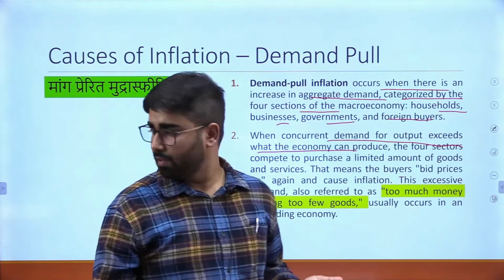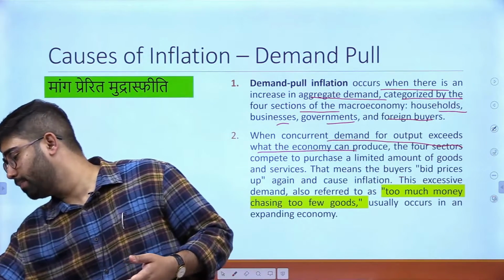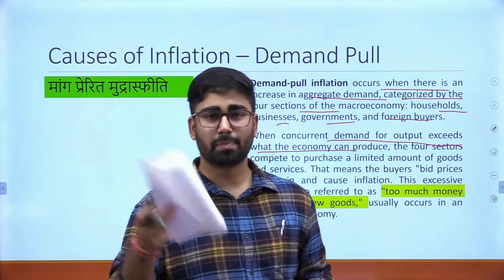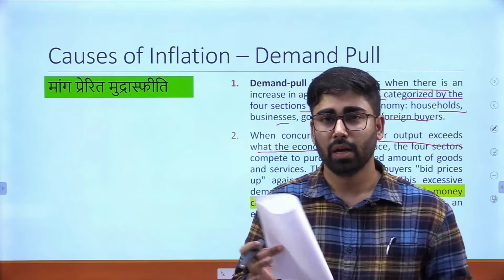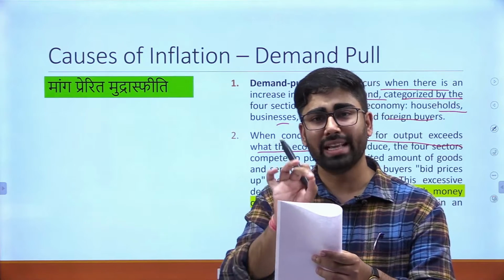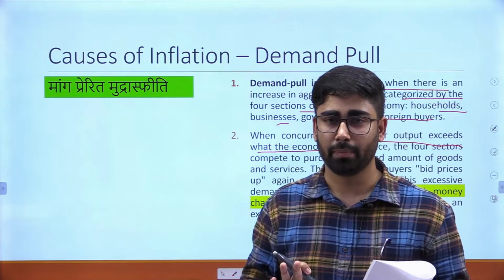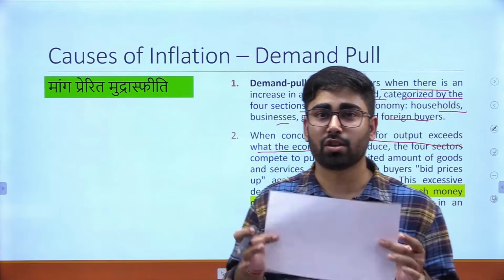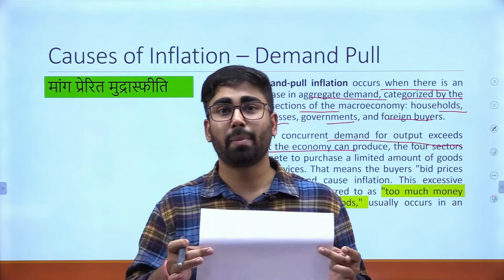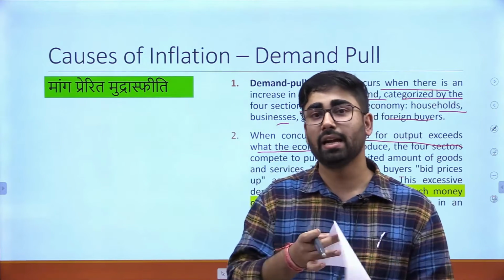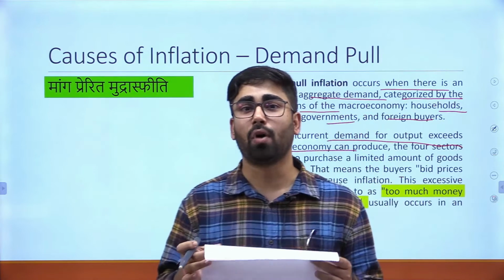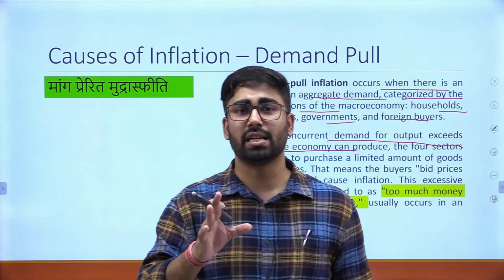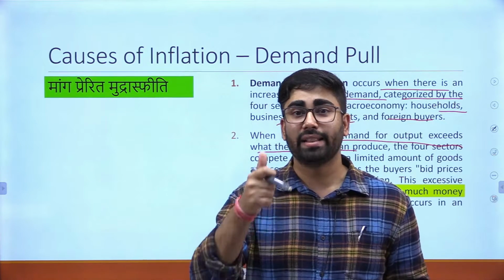Okay, now see, for example, there is a piece of paper here. Now this piece of paper has been produced in the economy. Now let's say that only this paper has been produced in the economy this month. Okay, and there are buyers. The one buyer is saying that I will buy this piece of paper at ₹100. The other buyer comes and says that I need this piece of paper and I'll buy it for ₹200. So there is a sort of competition that emerges to buy that product, and that is why